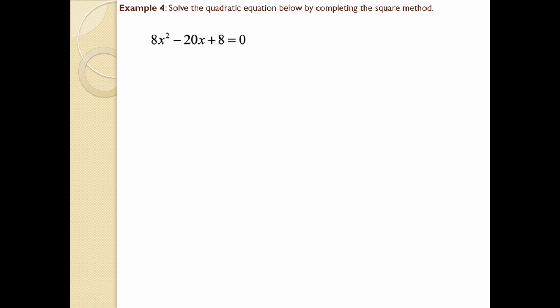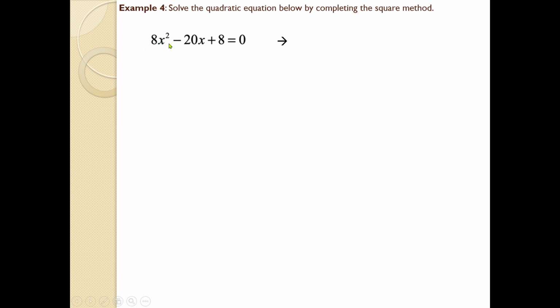This was one of the examples of the difficult case. A difficult case means that the x square term is associated with a number, a coefficient. It's very simple. You need to change this equation in such a way that you remove this 8. So how can you remove this 8?